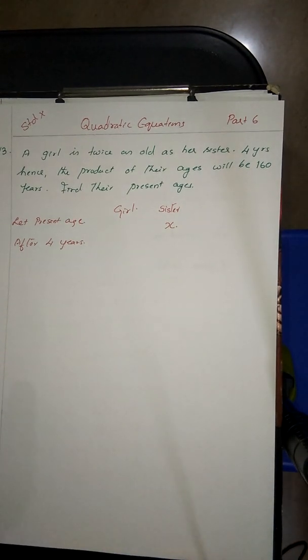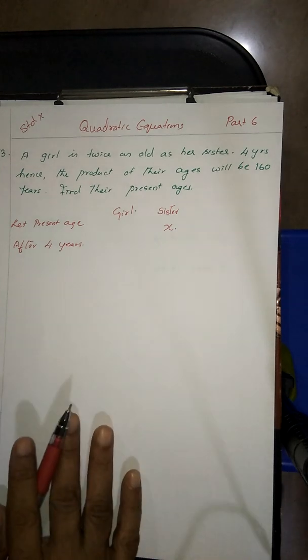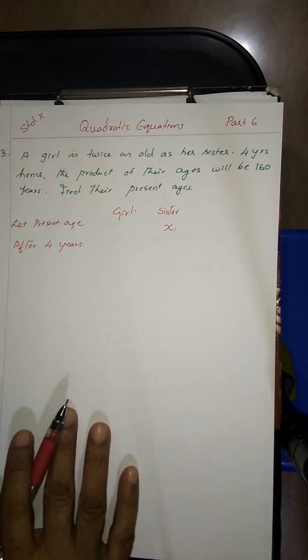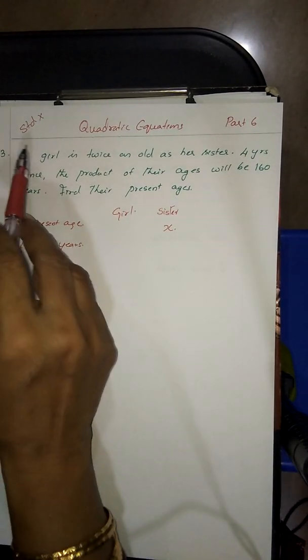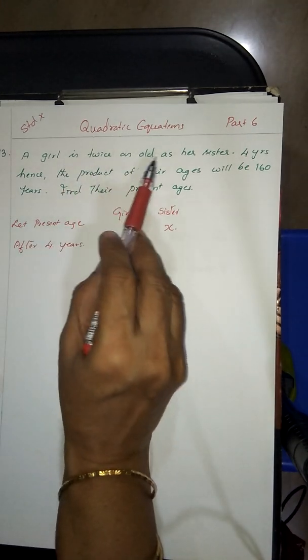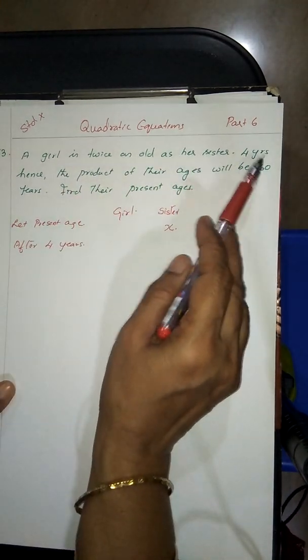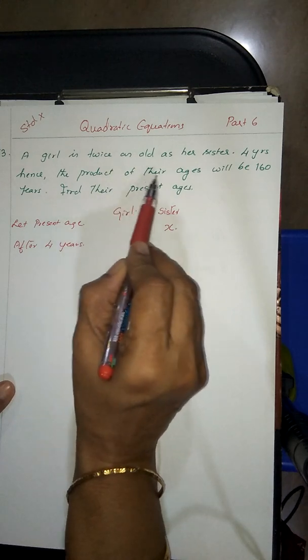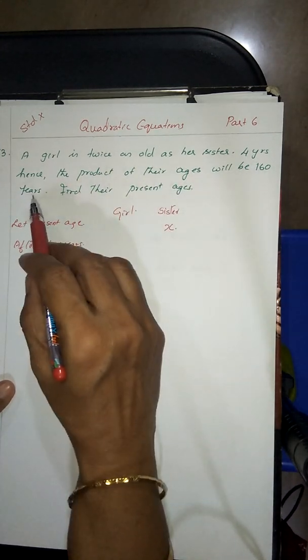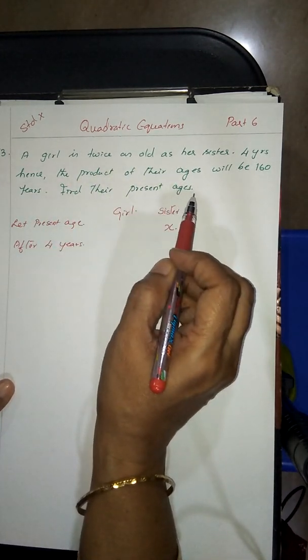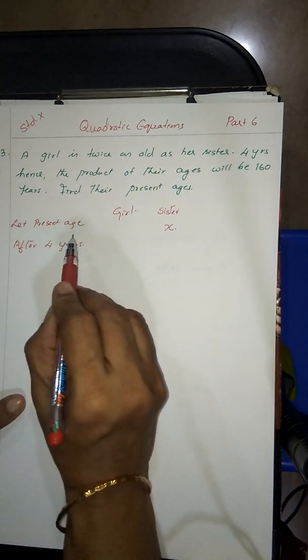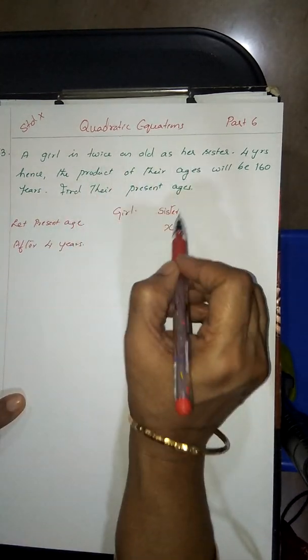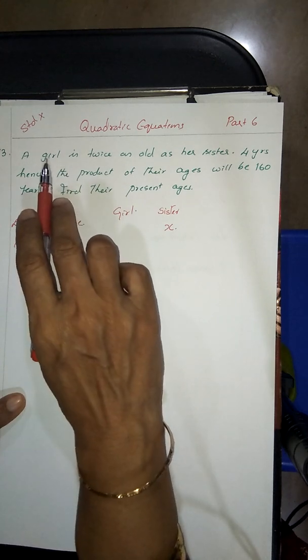The chapter is quadratic equations for standard 10. Now coming to the age problems. A girl is twice as old as her sister. 4 years hence, the product of their ages will be 160 years. Find their present ages. So let the present age of the sister be x, because the girl is